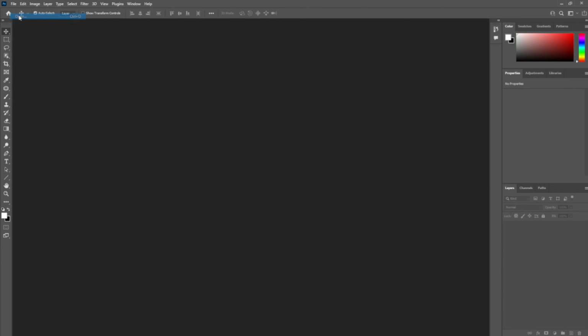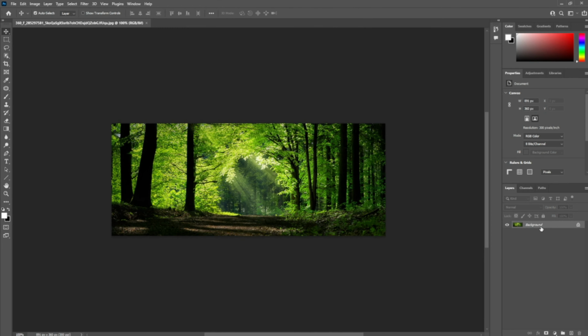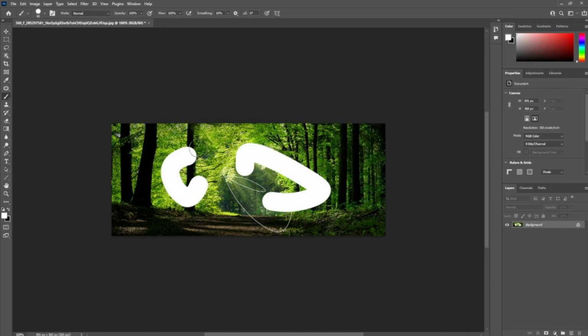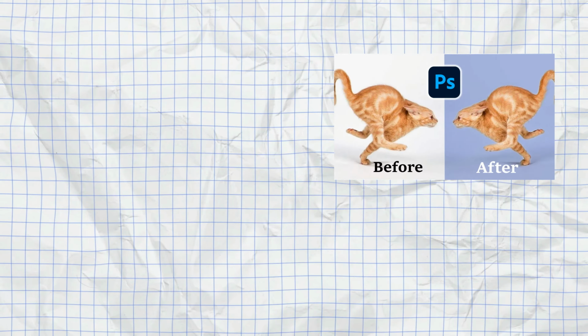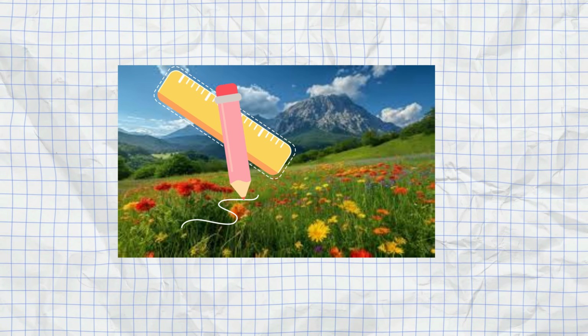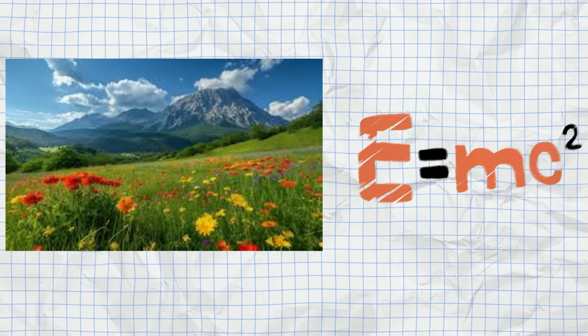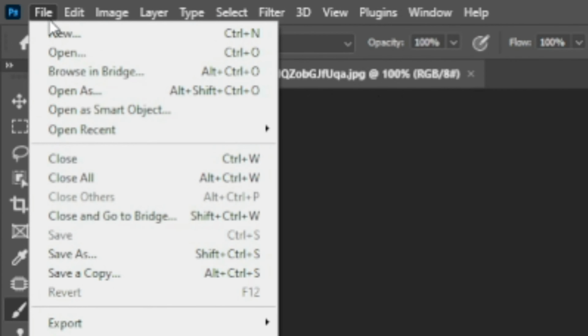Now you can just open any photo like this and start whatever work you have on it and then save it. However, most of the time you're going to need a specific ratio for your image. For example, if I want to make a YouTube thumbnail, since this is on YouTube, I can't just take whatever image and just start working on it. I need an image with a certain ratio, and in order to have that, I'm going to go to File